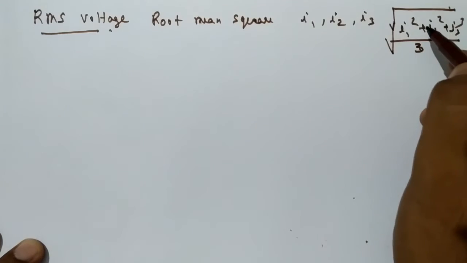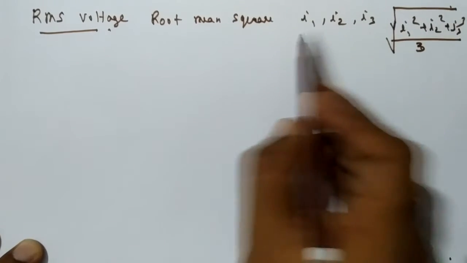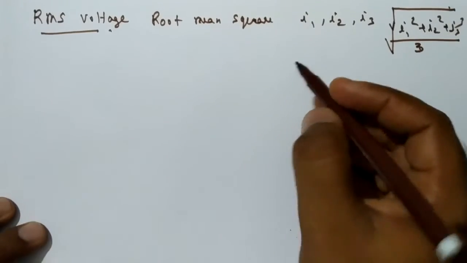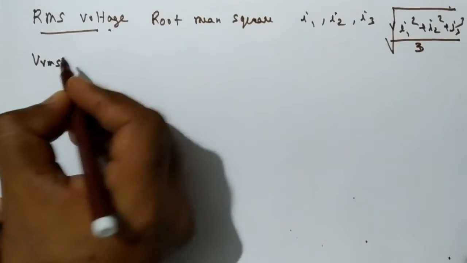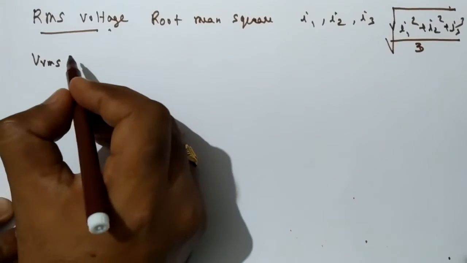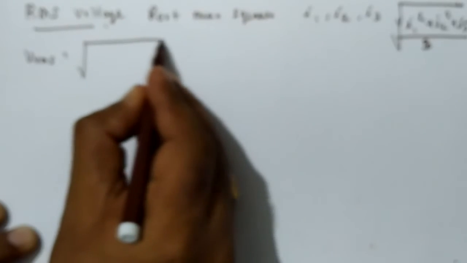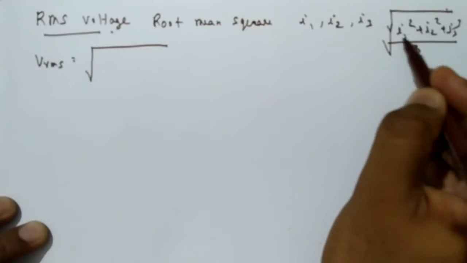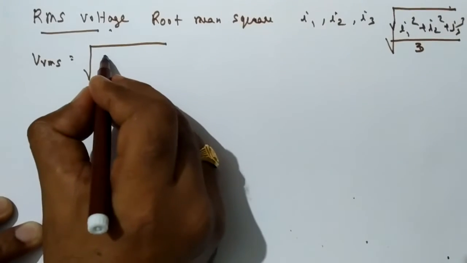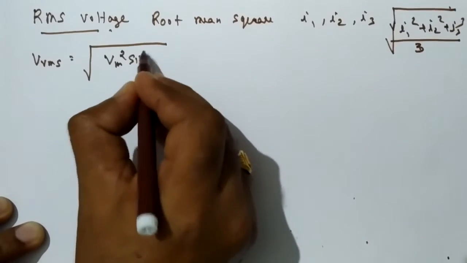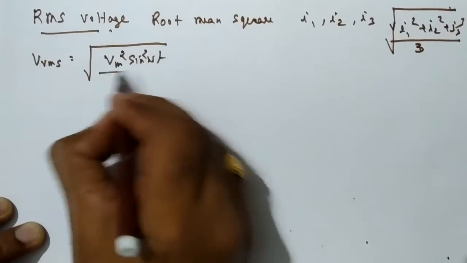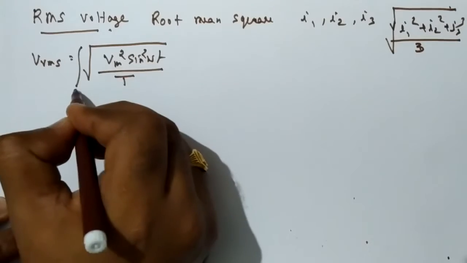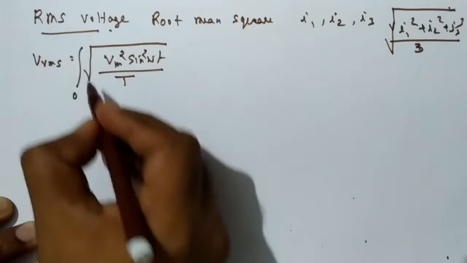This is the root mean square. But in the half wave rectifier, the values are not given, the function is given. So what is the root mean square of that function? That is, we write Vrms of a half wave rectifier, that is equal to the square root of the mean square. So you add all the values with the square. That is Vm square sine square omega t, divided by the value over the cycle, you take the RMS. And here how you take the mean, that is from 0 to T.